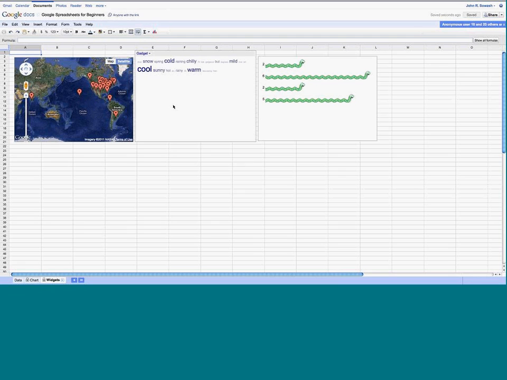You may be familiar with Wordle, which takes a text and sorts that text by the number of times a word is used. So the more times the word is used, the larger the word is. So evidently, the average weather across the world is cool because it's the largest letter. So this is neat, and this is a way that you can analyze